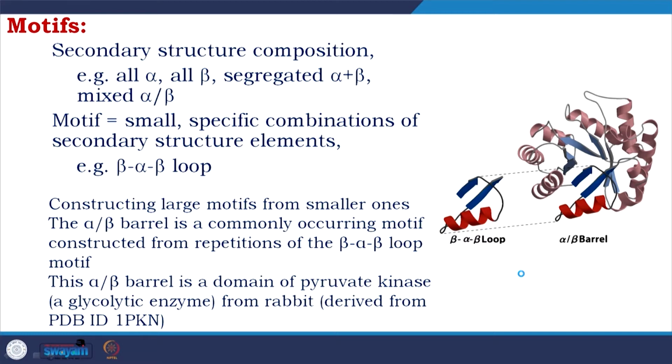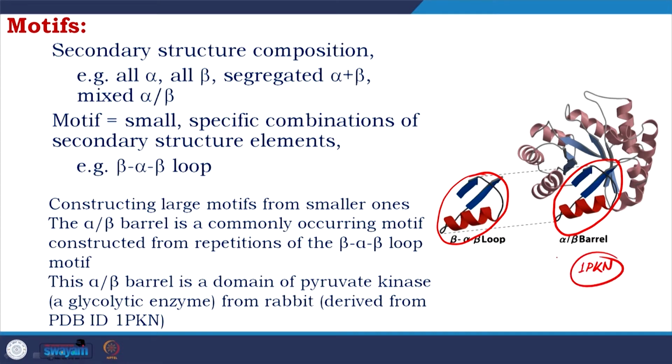Motif is a small specific combination of secondary structure elements connected by loops. Constructive large motifs from smaller ones, the alpha beta barrel is a commonly occurring motif constructed from repetition of beta alpha beta loop motif. If you see, this is the beta alpha beta loop motif. This is present here in the bigger protein. So, this beta alpha beta motif is part of the pyruvate kinase, which is a glycolytic enzyme from rabbit, where you see that with a